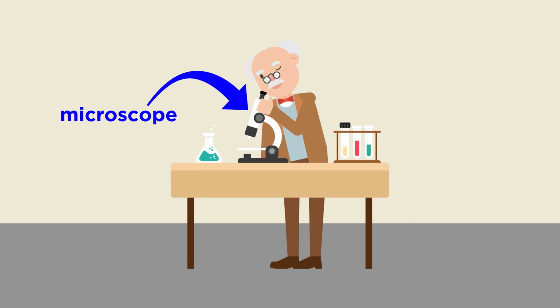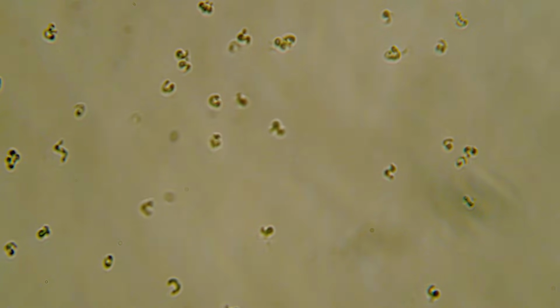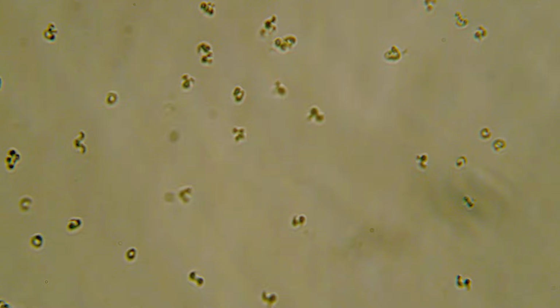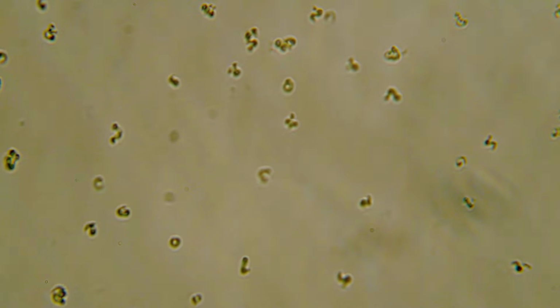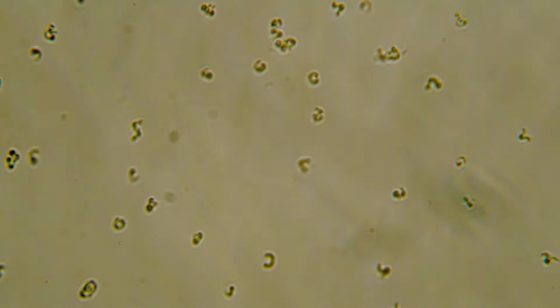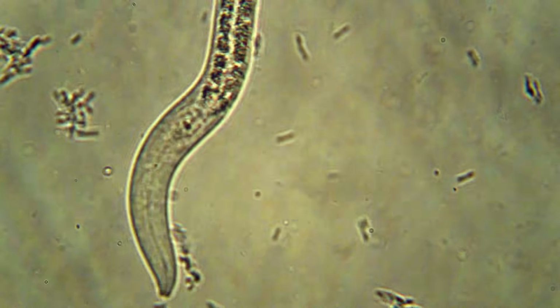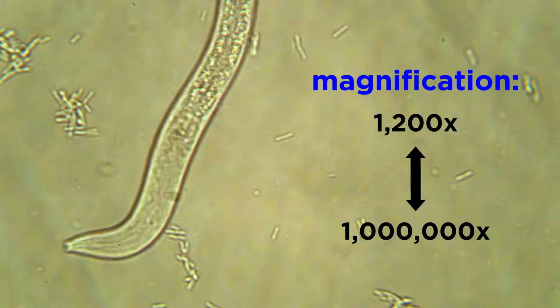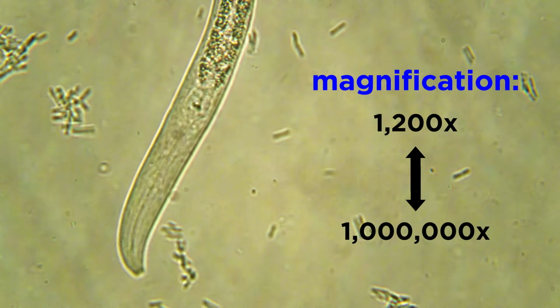the microscope. As we learned at the very beginning of this series, microbiology is the study of microscopic organisms, and to study this otherwise invisible world, microbiologists use microscopes. This tool allows scientists to observe microscopic tissue and organisms with magnification ranging from 1,200 to 1 million times larger